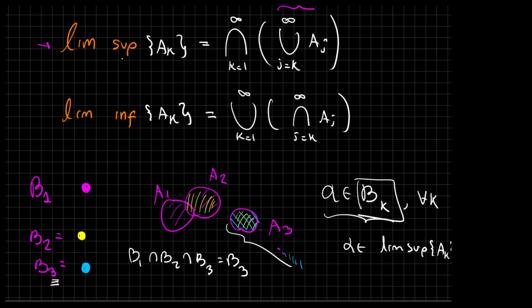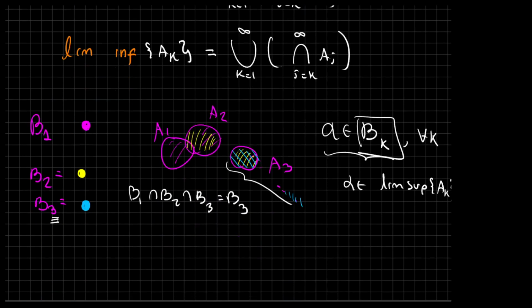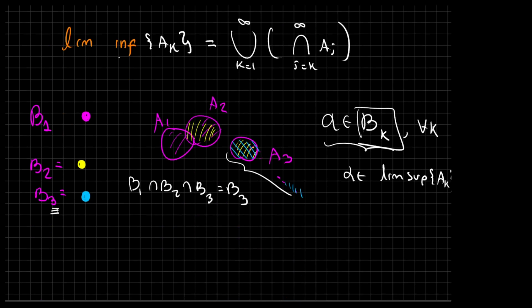So this limit of the supremum is composed only of the elements that are in every element B sub k, and the elements B sub k are the union of the elements of the family starting from k. So this is how you should analyze the sets. And equivalently for the limit of the infimum,